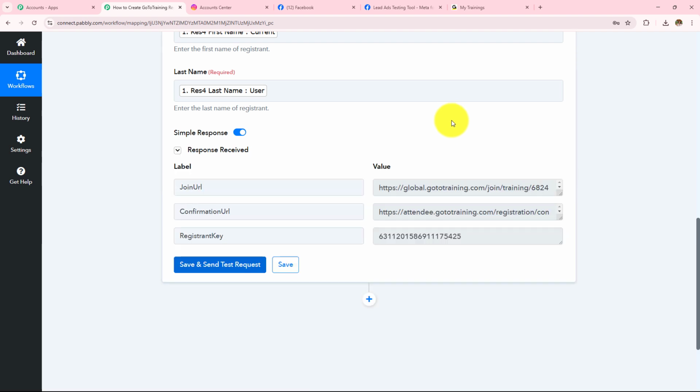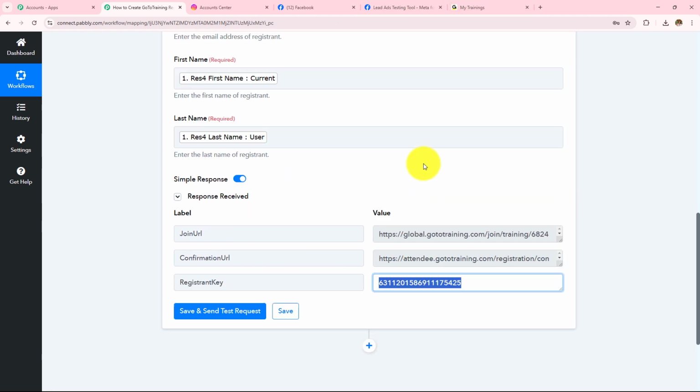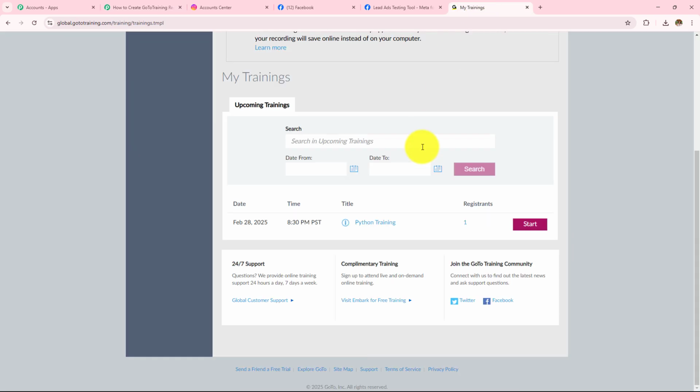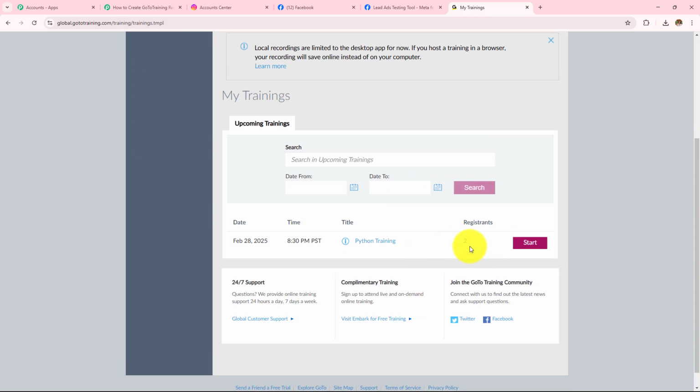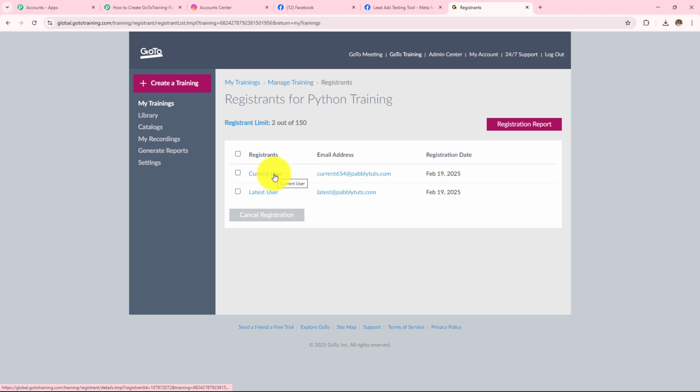And here I can see that I have received the response and this response is a positive one. Now I need to open my GoToTraining account and check whether this registrant has been created there or not. So this is my GoToTraining and I am going to refresh this page once. And here I can see that the two registrants have been created. Let's open this. And here this is the current user which has been created as a registrant in my GoToTraining under the same training, Python. So the name was current user, email address was